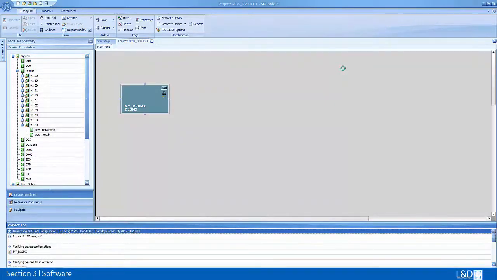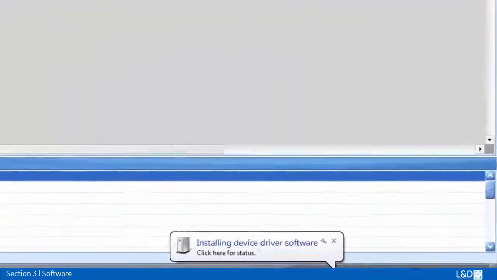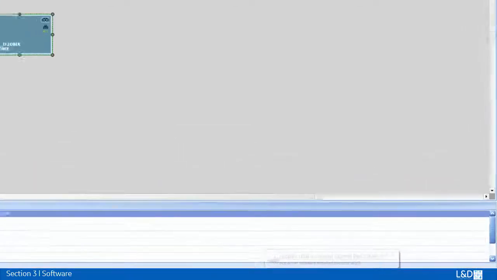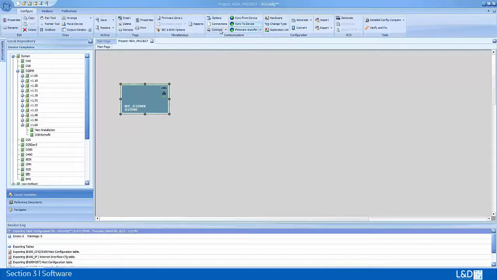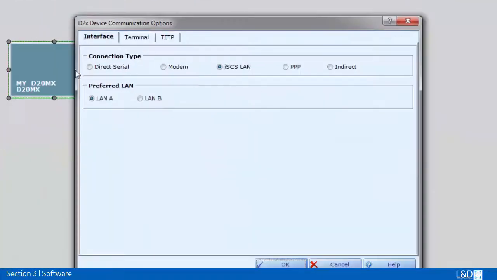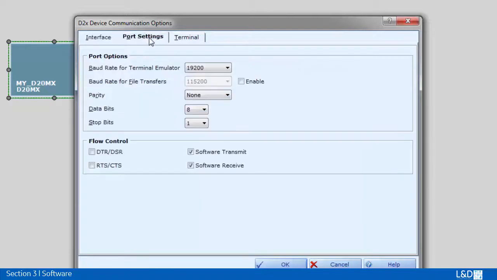And now our device has been generated. I've connected my USB into COM4, which is connected to my D20 MX. So now I can connect to it. In order to connect to it, I would have to set up my options of connection. So I will set it to direct serial, select the COM port, which is COM4 in this case, and then